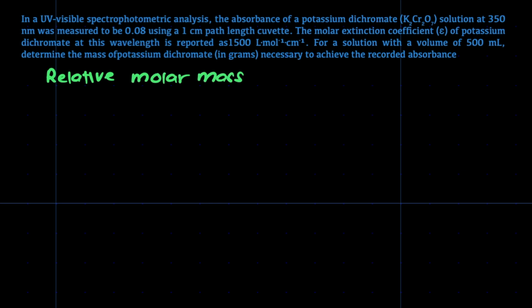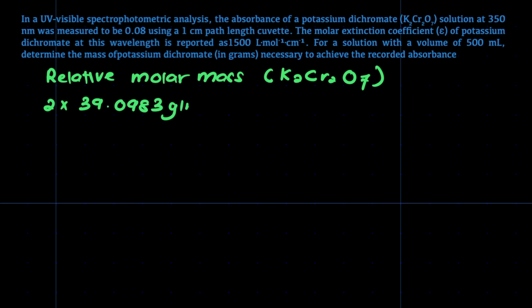So the first thing that we need to look upon is the formula for potassium dichromate, K2Cr2O7. So from here we can calculate the RMM. So you have 2 potassium, so 2 times the atomic mass, not the atomic number, okay, the atomic mass, which is 39.0983 gram per mole,